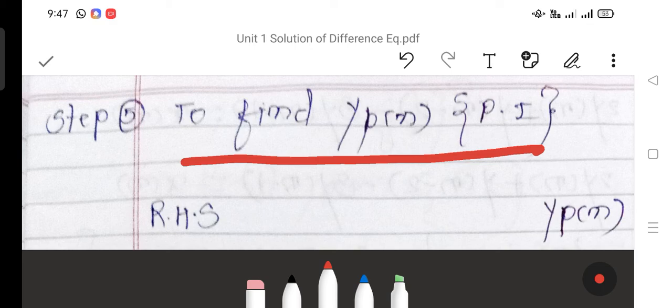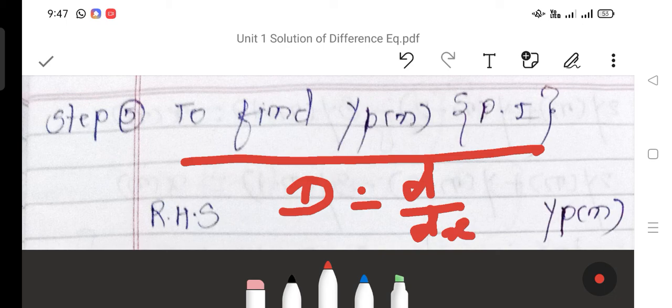At that time you have seen the D operator. D operator belongs to d by dx, you know this. But in this case, as we are using the difference equation, we are not solving any differential equation. The differential equation belongs to the continuous time system and the difference equation belongs to the discrete time system. So we will continue our discussion. You have seen this D operator at the M3 level, the same thing we are repeating here.